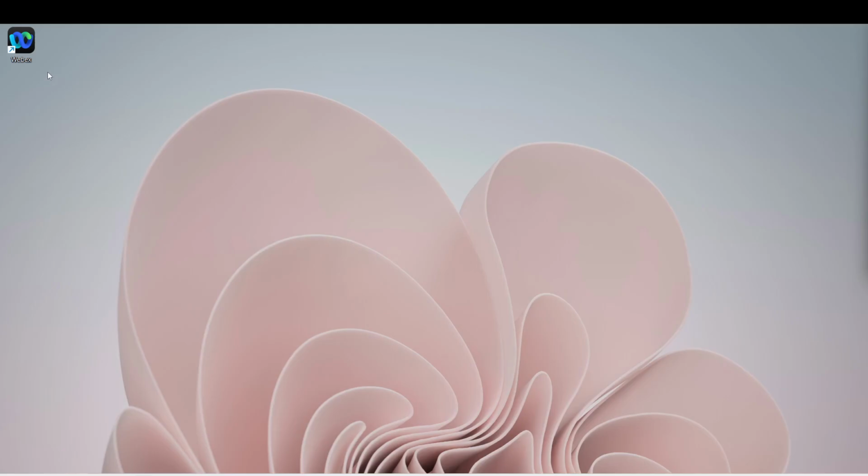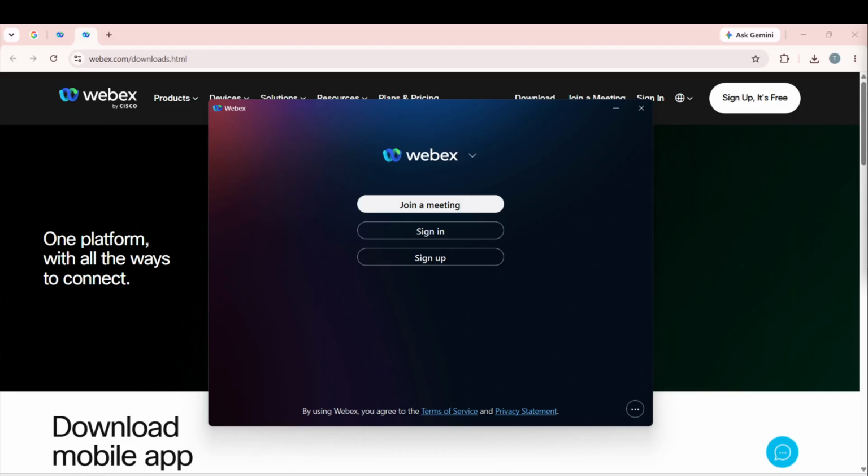First, you will want to launch WebEx on your device. Look for the WebEx icon on your desktop or in your Applications folder. Click it to open the application. If you are on a mobile device, find the app on your home screen or app drawer. Launching the application is crucial because it is the first step to accessing the chat history you need. You will see the initial interface of WebEx, which is user-friendly and designed for easy navigation.